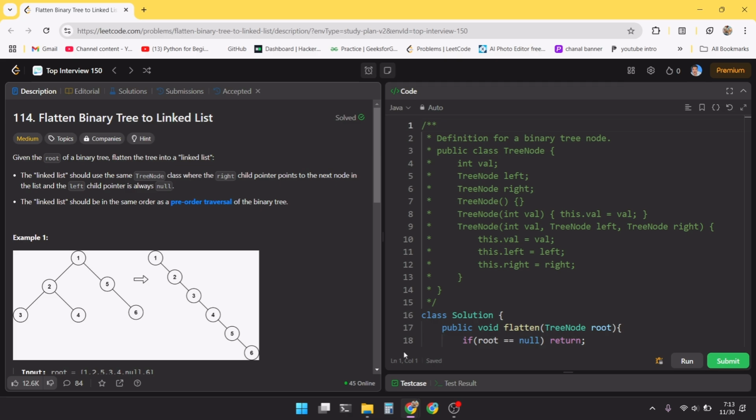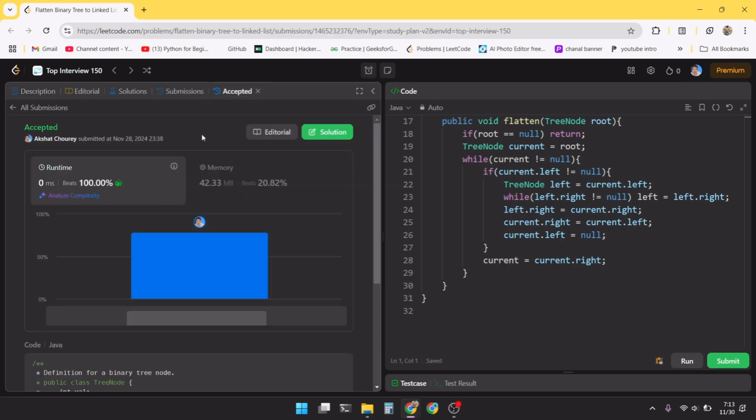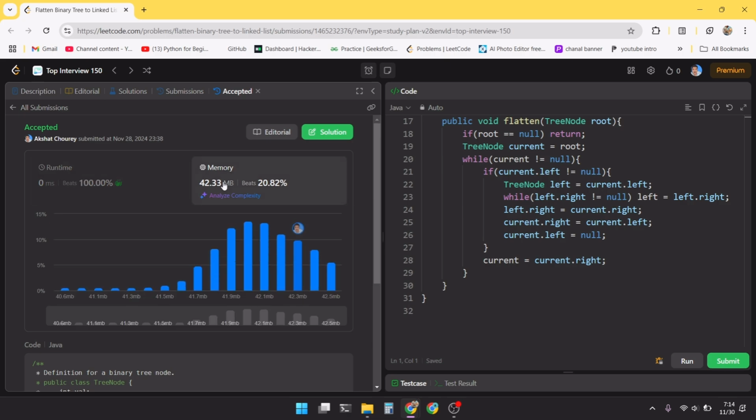Flatten binary tree to linked list. For a time being, I'm going to do a few of these binary tree questions. So this is a solution and the question is easy. I don't know why, but I find tree questions very easy actually. So yeah, this is the space and time complexity, and I'm already telling you this space complexity is never going